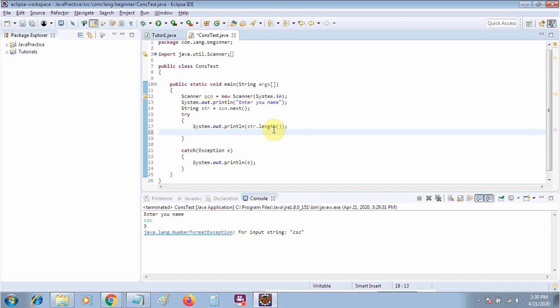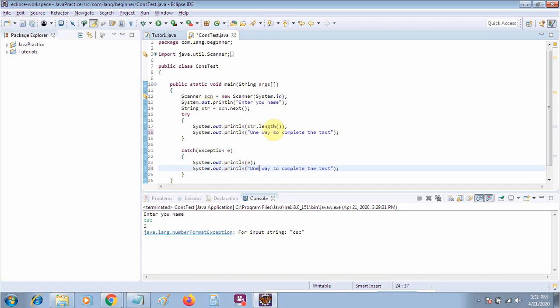Suppose that there is some operation that you want to perform. I am taking a very simple example. Suppose that a task can be done in two ways. There is one way to complete the task, so you put it in a try block. If the task is not completed by the first way, then you will use the second way to complete the task.